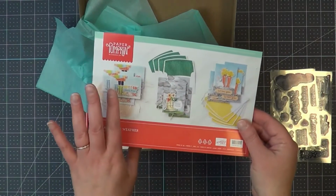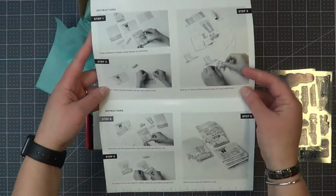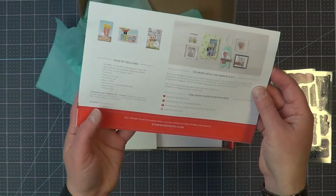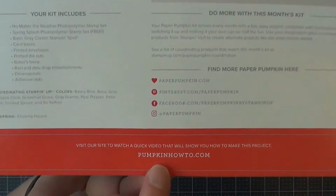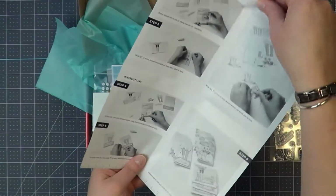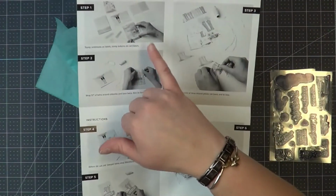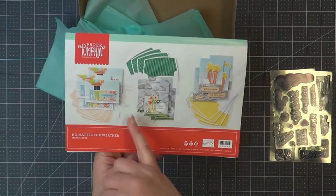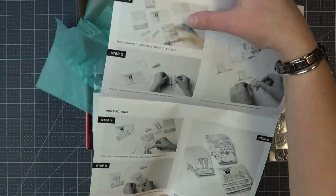It also comes with the 3 projects that you are going to make, along with kind of sort of directions, but there is, right here, a video that you can go to online if you need to watch someone put this together, if the pictures are not enough description. And honestly, they show you stamping, but it's like stamp the sentiments on the labels, but you have to keep flipping back to see what sentiments they use, unless you want different ones, because they only show a picture of one